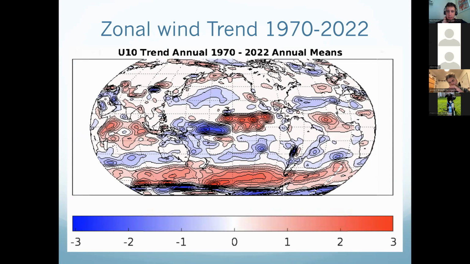Tim Merlis writes in the chat that the annual mean direct response to CO2 is a positive SAM. There's a Menzel and Merlis paper from 2019, which showed that. Yeah, the global warming simulations generally show a poleward shift, depending upon how sensitive the SAM mode in the particular model is to greenhouse gas warming.